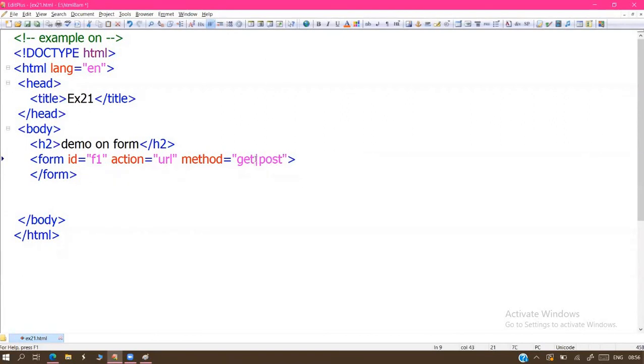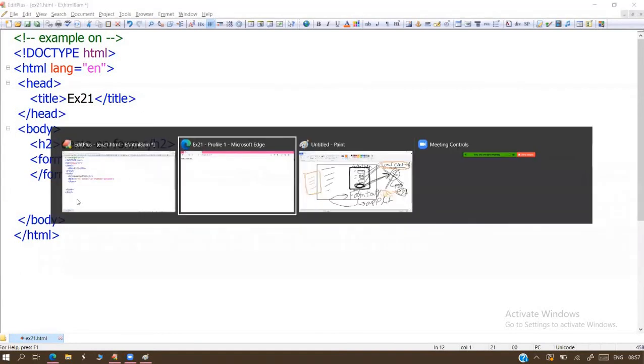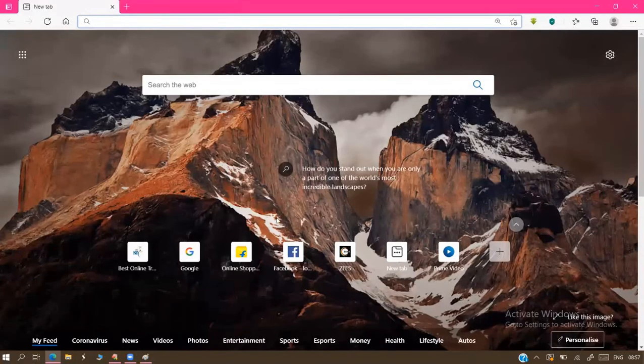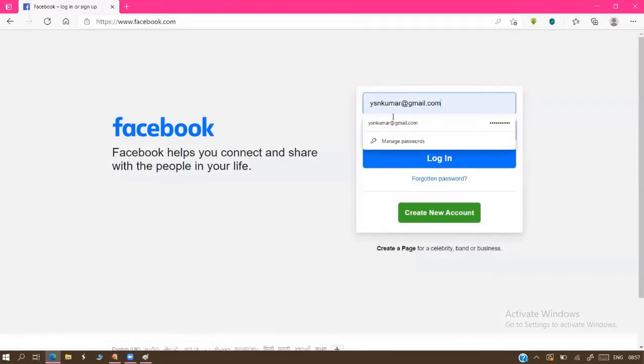What is the difference between get and post, sir? Normally, when you are accessing real websites, on some websites we are entering data. This is Facebook. We are entering some details here, your email ID and password. When you click on the login tab, everything is perfect, and I get my Facebook personal page. But here I entered some details. The user interface means this only. This is called the user interface. That is nothing but an HTML form.